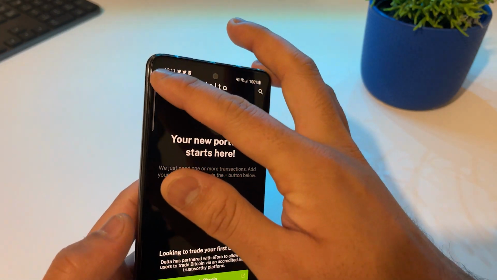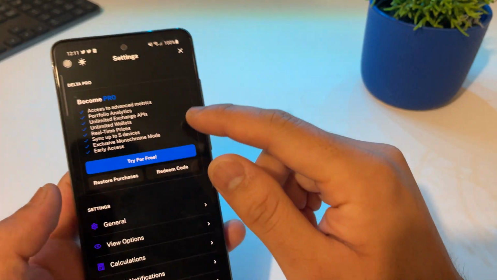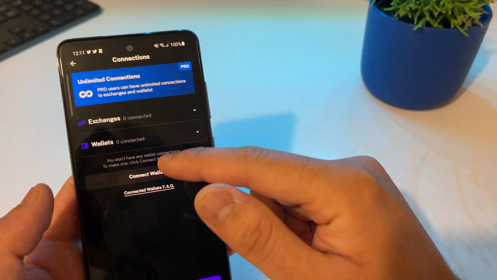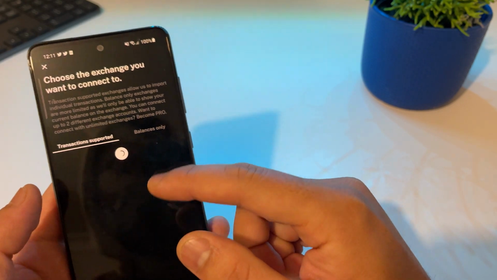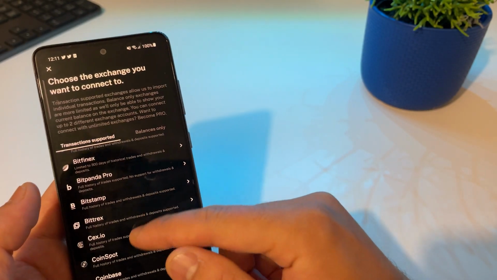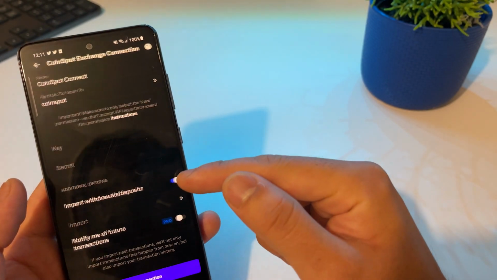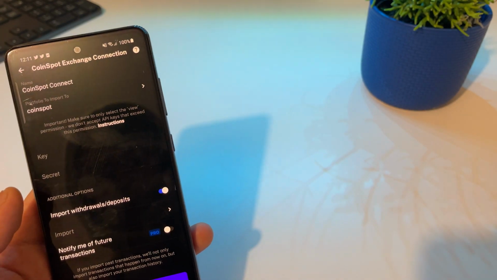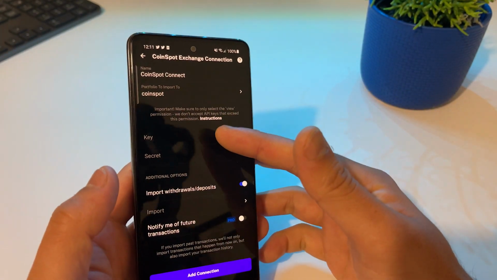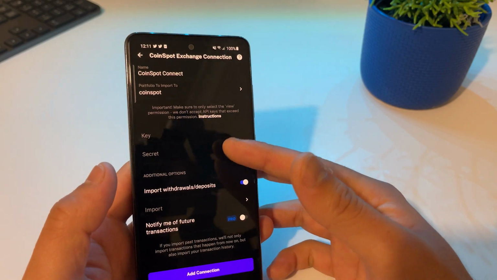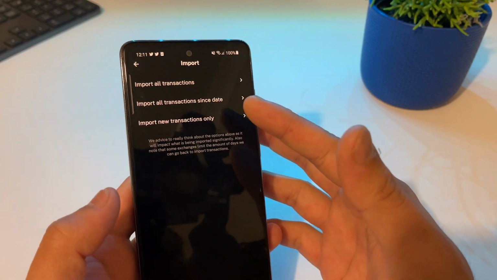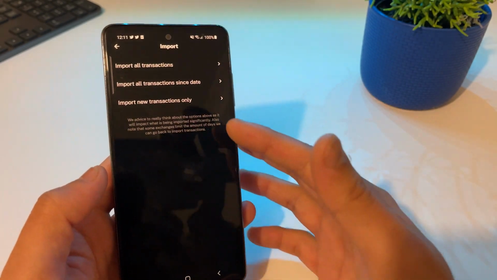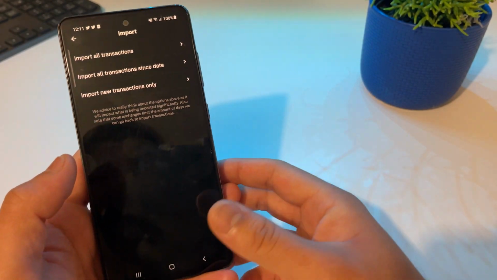And you go back and you tap on the settings, you go to connections, you go to exchanges, you connect exchange account, and you tap CoinSpot. You can understand. And you do the same process again. So you paste your API key, paste your secret key, and tap on what you want to import. You want to import all the transactions, you want to import all times in state, or you want to only import new transactions.